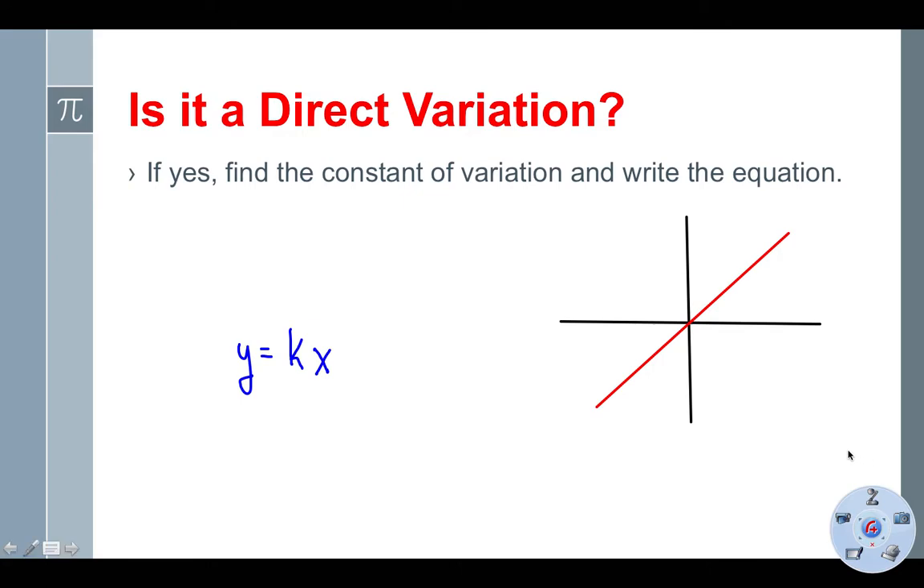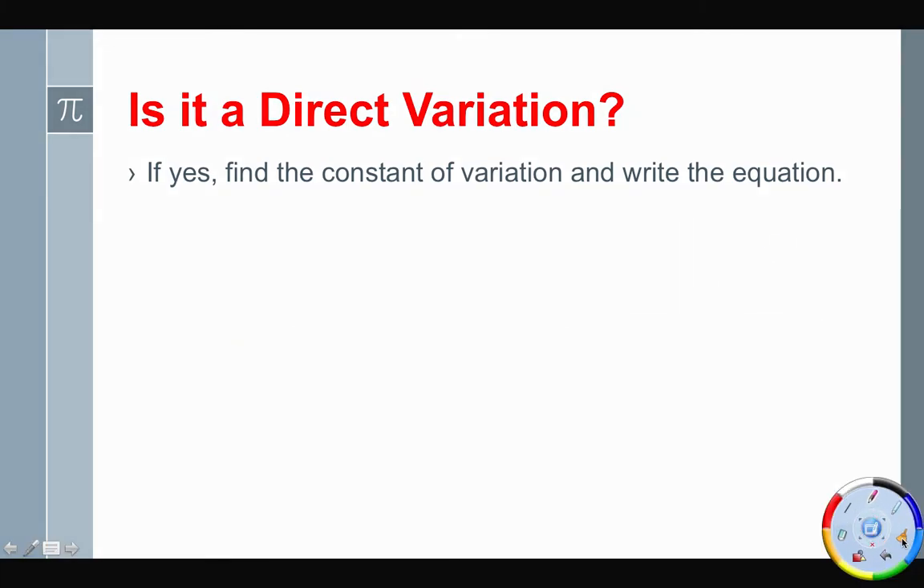All right, so there are some things that we can do here. The first question would be, is it a direct variation? If I was to make a table of values, and I would say, okay, this is my x, this is my y. If I had the numbers 1, 2, and 7, and I said 9, 18, and 63,